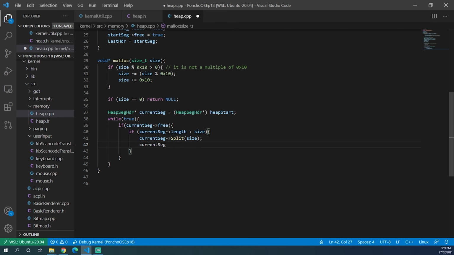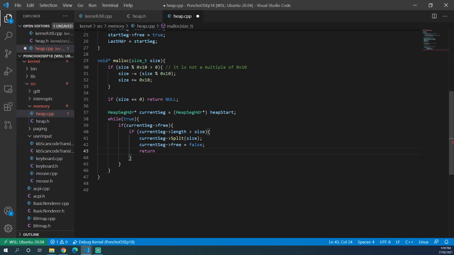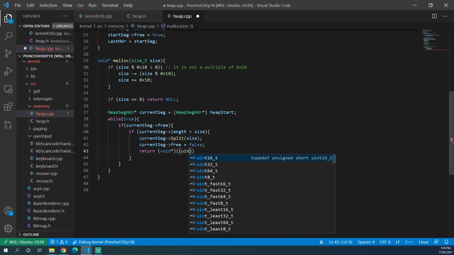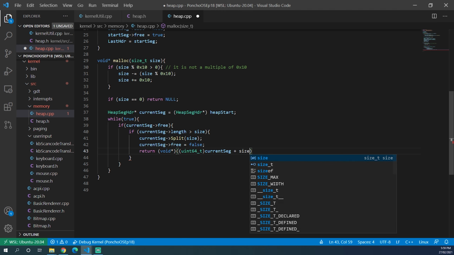Then we can set the current segment's free boolean to false because it's no longer free, and then we can return the current segment memory address plus the size of the memory segment header. So return casted to a void pointer, 2 brackets casted to a uint64_t, go out of 1 bracket current segment. So we're getting the address of the current segment as an integer, and then we're adding the size of heap